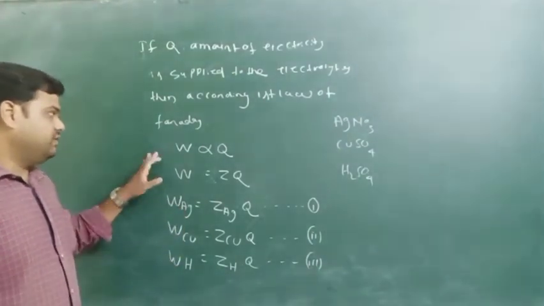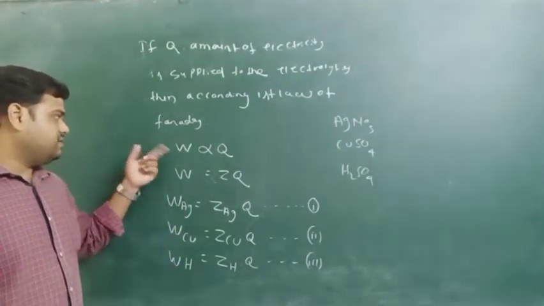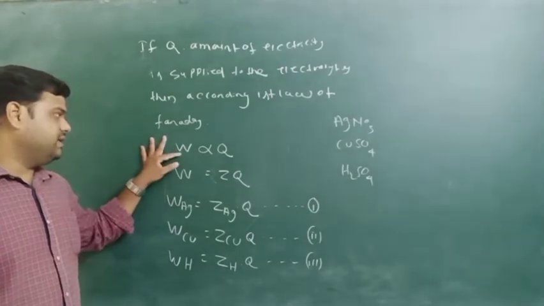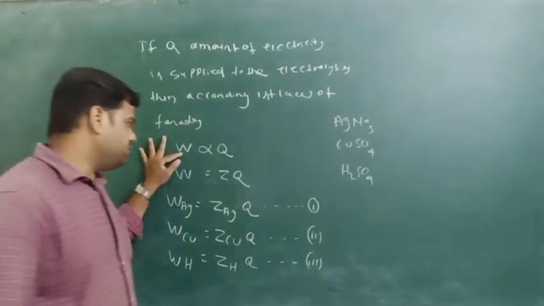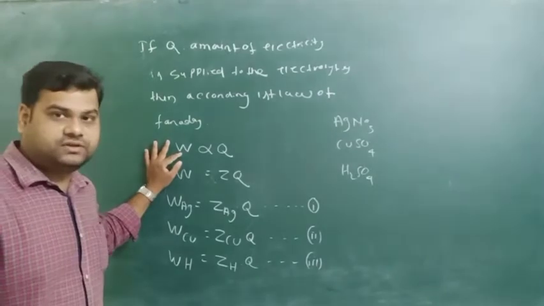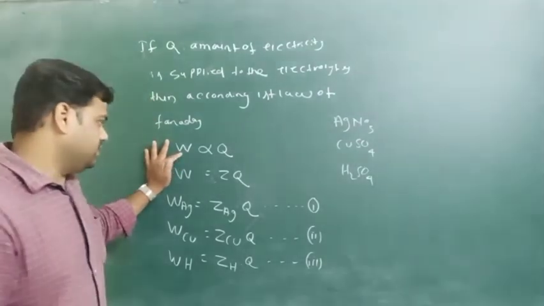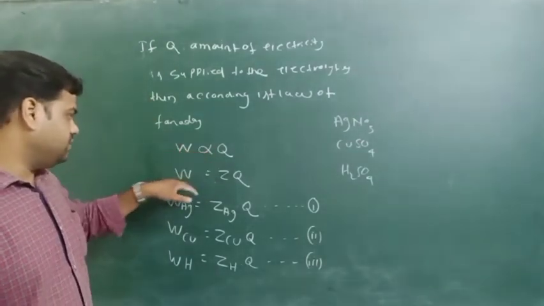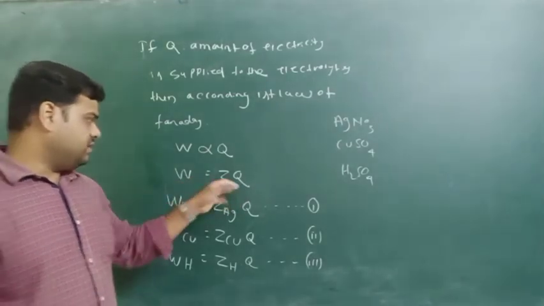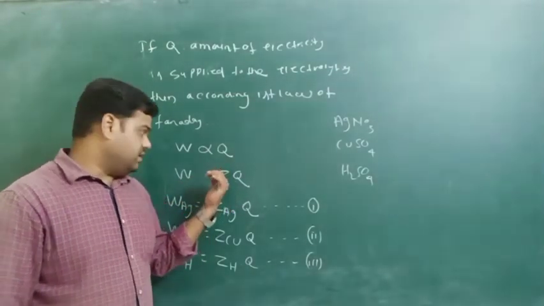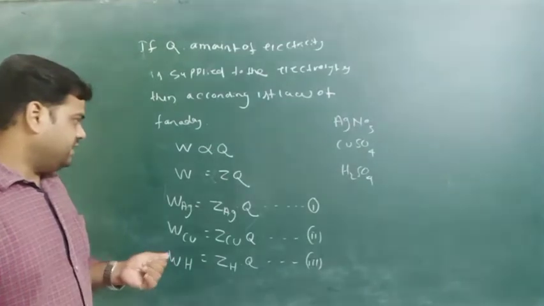According to the first law of electrolysis, we know that the mass of substance deposited or liberated is directly proportional to the quantity of electricity passed through the electrolytic solution. It means W is directly proportional to Q, W equals ZQ, and Z equals the electrochemical equivalent. And according to that,